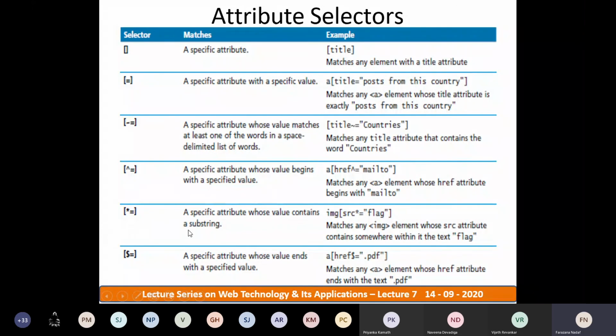Then star equal, whose value contains a substring of the specified value. So if the word flag is there in a text, then that content will have special styles, right? Then the next comes the dollar equal, whose value ends with a specified value.